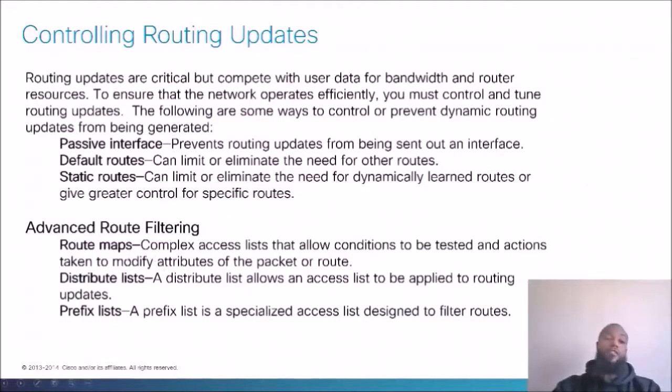Again, we are going to be covering advanced route filtering. These would be considered advanced route filtering techniques. The earlier ones would be kind of like simpler techniques because they're just one or two commands, really. These are a little bit more complex. You can get real creative with these ways of filtering routes. Route maps, which again we're going to cover in, I believe, 3.17, I don't remember. Distribute lists, which we're going to cover today, and prefix lists, which I believe we're going to cover today